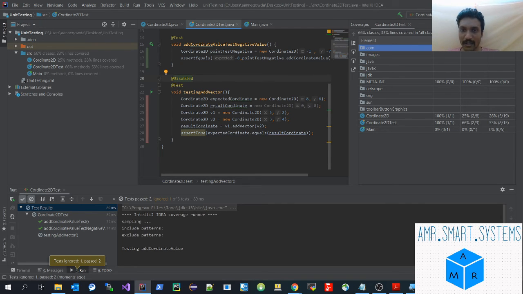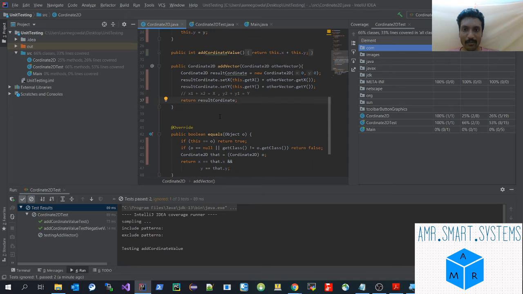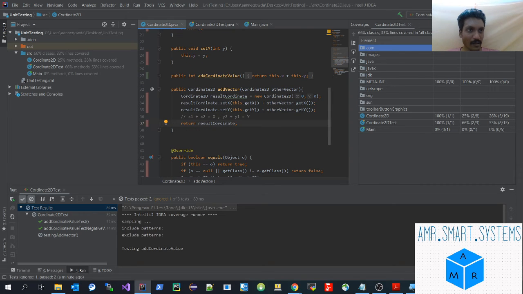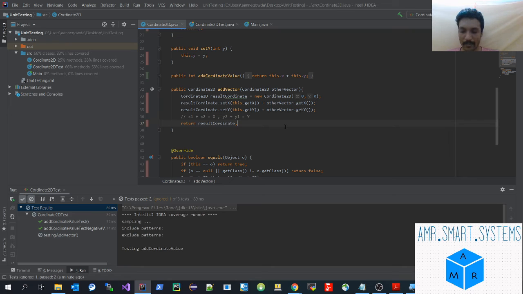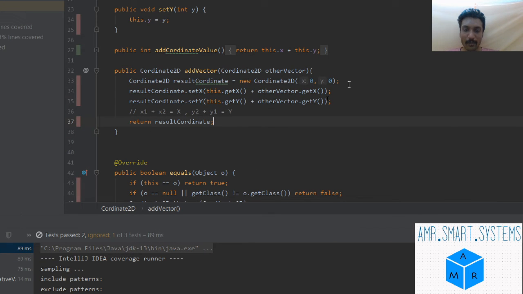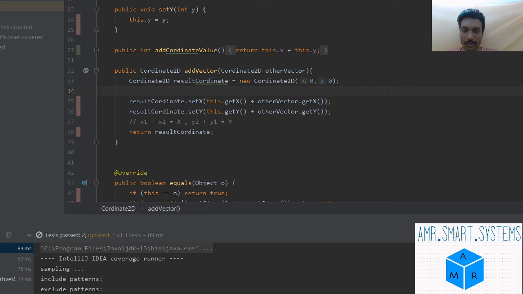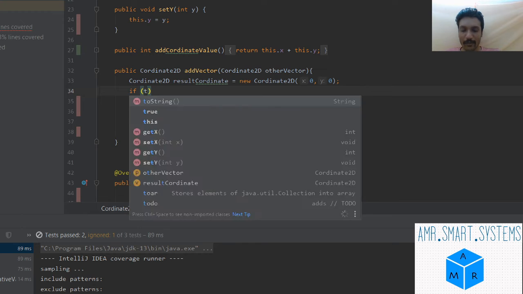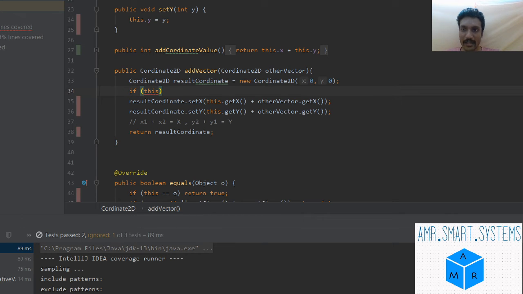Now to see the coverage or the lines which are missed, maybe we can try one more thing. Let me minimize this coverage. We can add one more condition here, just to show you. We can add a condition that if one of the vectors is 0, return a 0, saying it is an error condition. This is just an example to be given. It's nothing to do with the principle.